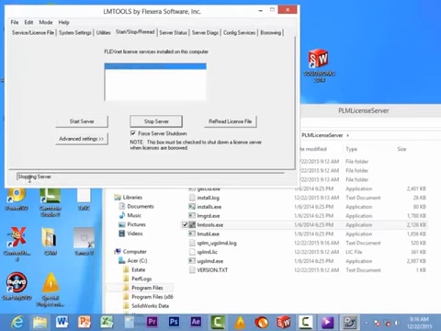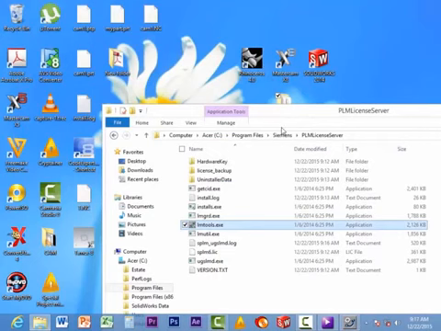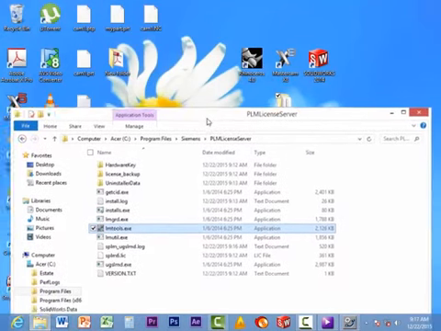Once you see stopping server, it means that the server has stopped. I'm not sure why they have a notification of stopping server, because this is supposed to suggest that the server is still stopping, which doesn't make sense. But the server has stopped, and that's what we want. Once the server has stopped, I'm going to minimize this. And I need to now come back to